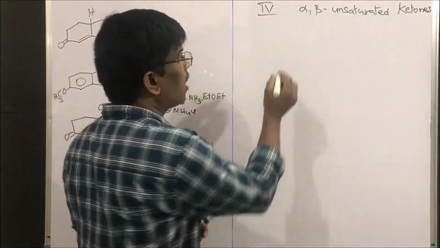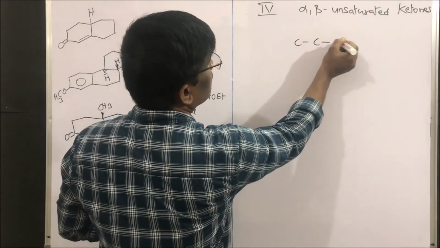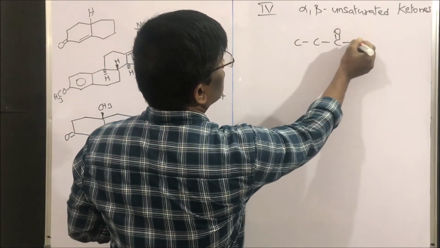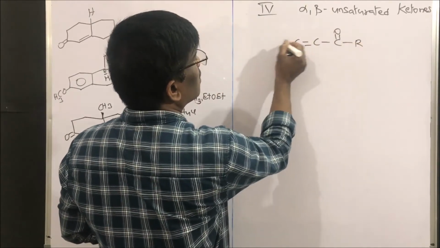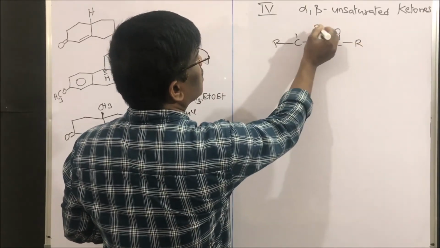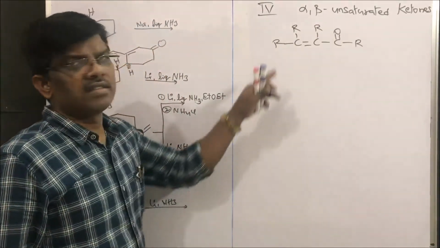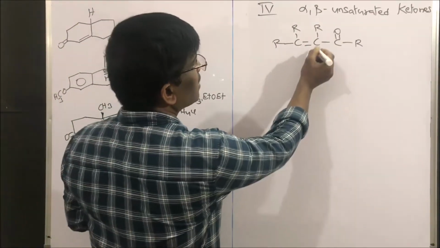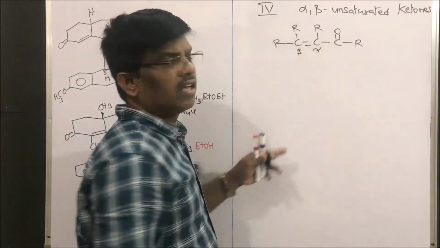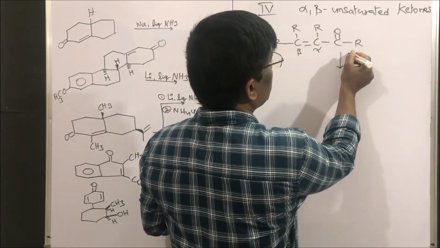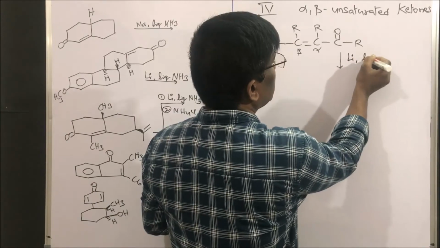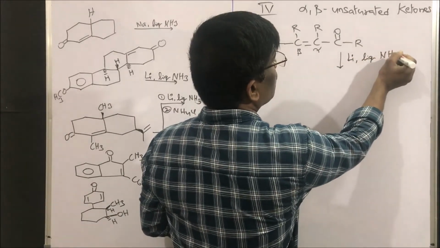For example, alpha beta unsaturated ketones undergo Birch reduction to give, for example, if I add lithium in liquid ammonia, I am going to get